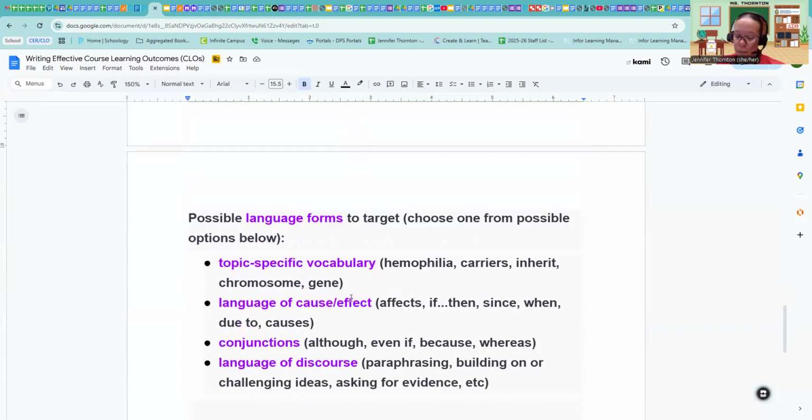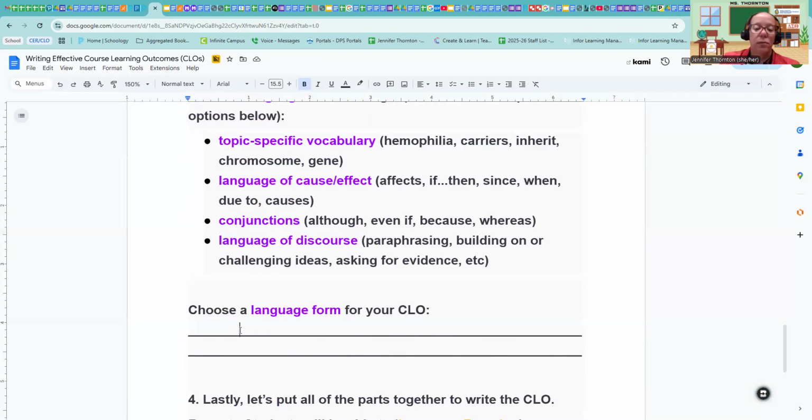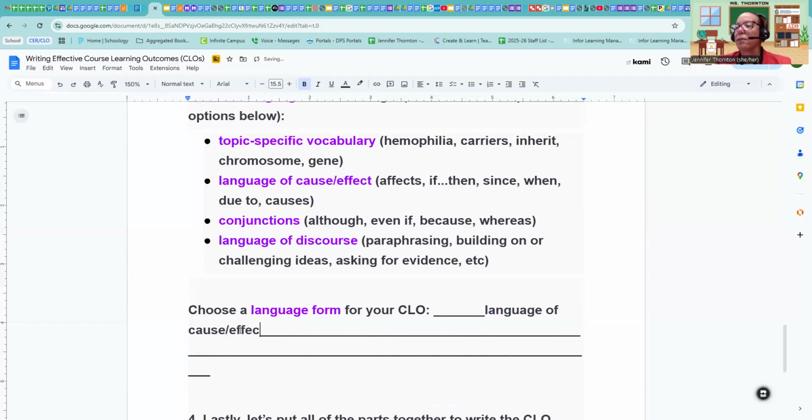Language form. If I go into language forms, there's a couple of ones that we can use here. One of them could be maybe cause and effect, like when I'm doing this and this happens, then you do this next and so forth, or even conjunctions. One of those two will make sense, okay? So for this one, I'm going to use cause and effect, language of cause and effect. All right. Sometimes two makes sense. Just choose one of them. You don't have to use both. So language of cause and effect,